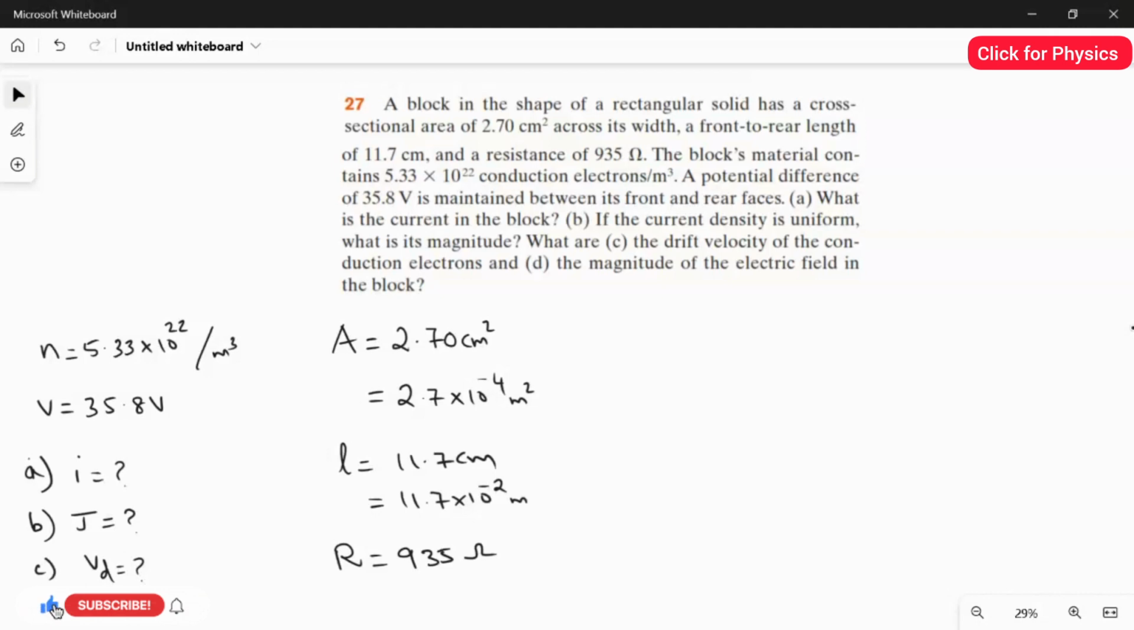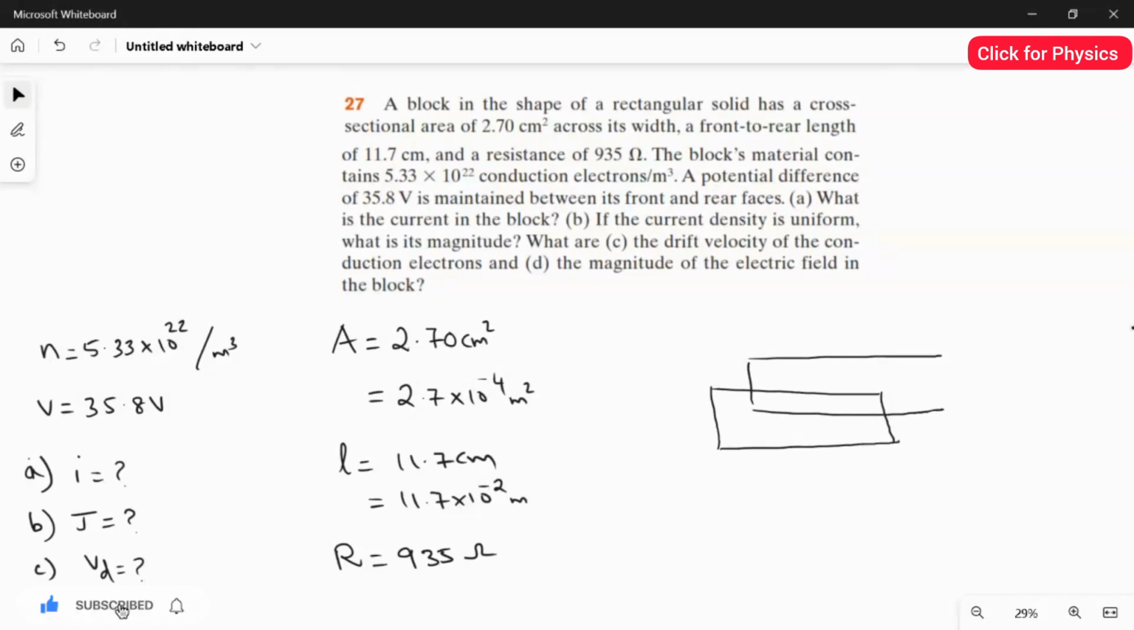So first of all, let's bring the diagram in front of our eyes. And here you have the block, which is a rectangular solid block. So I will draw the diagram. So we have a rectangular block. And across its width, its area is mentioned, which is 2.7 centimeter square. And the most important thing, this is our front side and the back side is the rear side. Am I right? From the front side to the rear side, what is the length? The length is